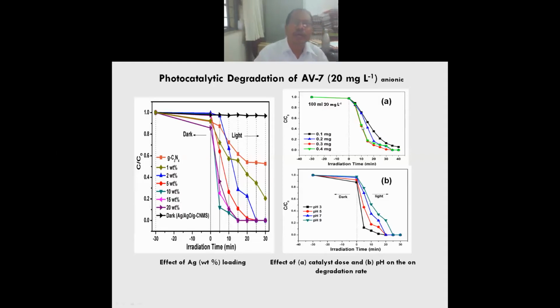In order to get the proper amount of catalyst used for degradation, a loading experiment is performed. And in order to see the effect of pH on the degradation, the degradation is performed at different pH. This is the experimental result, and it is found that 10% AGO shows the maximum